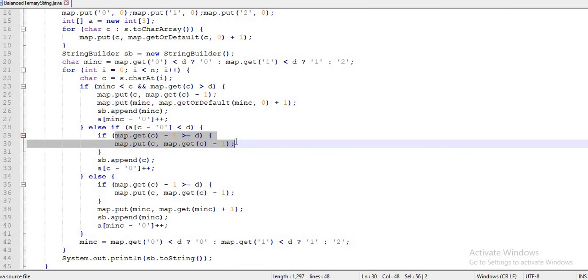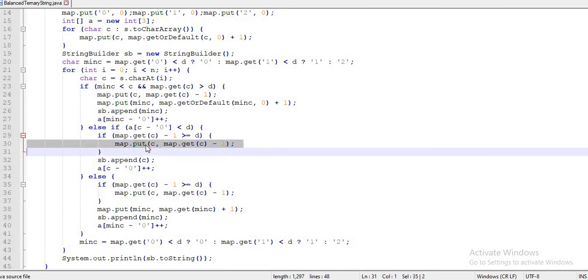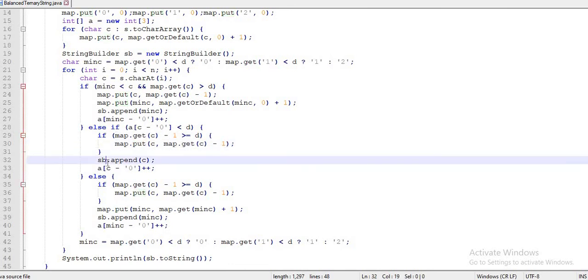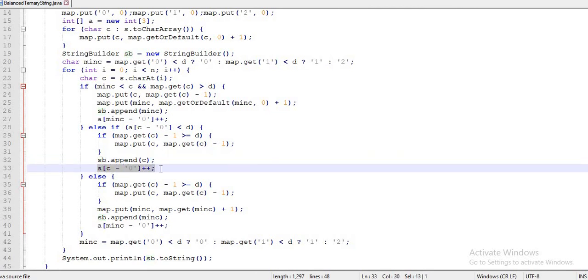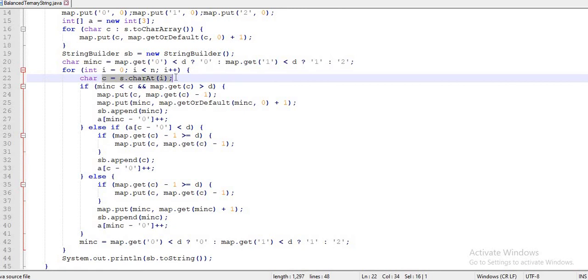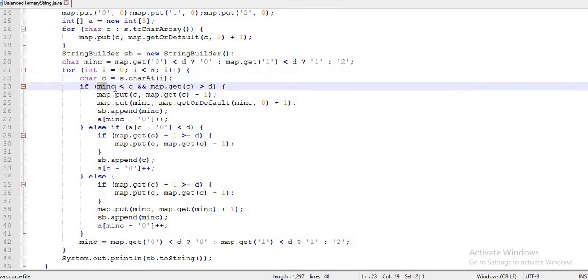If it is there, I first have to decrement the frequency from my hash map for that character, and if it is not, then I just have to append that 2 over here, and also update my output buffer array. Okay, so now a of 2 will be 1. Finally it will reach the next last character, that is again 1 from the string, 1 to 1. So here it will check again the main character. Now the main character would be 2.